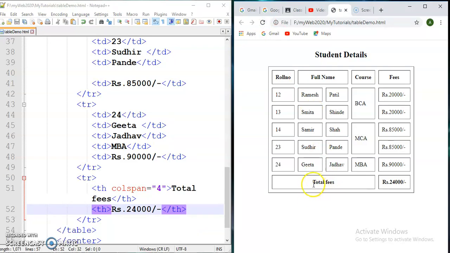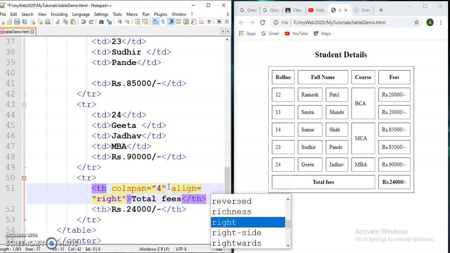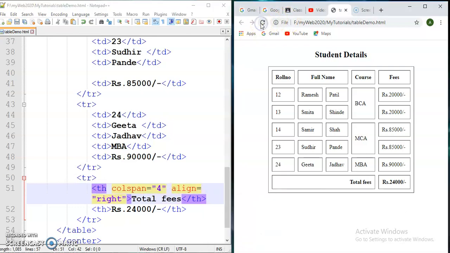If we want to right align, then we give property align, and the values are left, right, center. I want here right. By default it is center, and this is actually what I want.